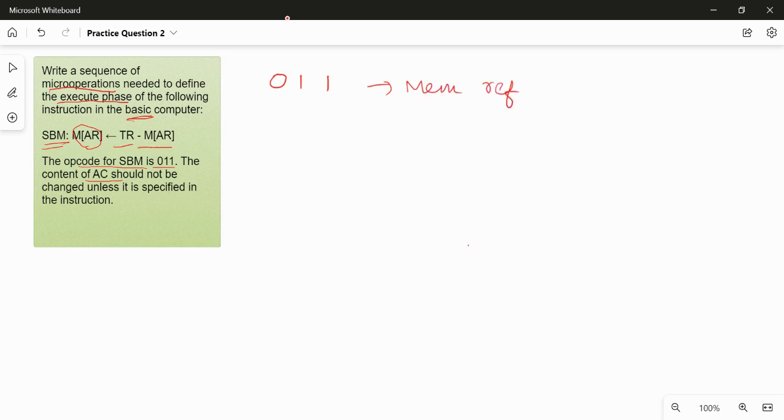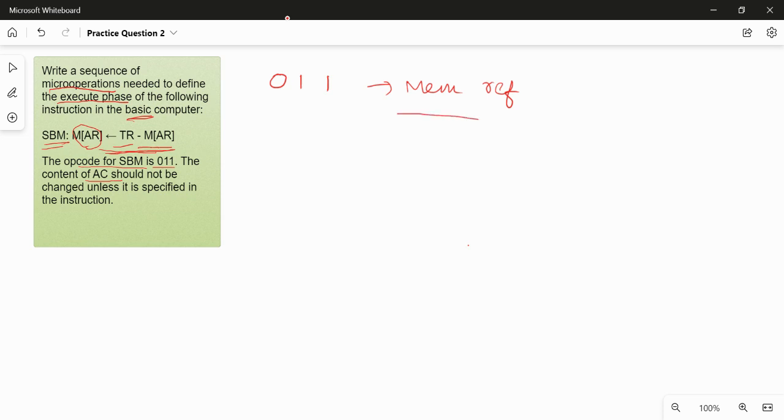For register reference or IO, the opcode must be 111. As it is not 111, it must be an opcode of a memory reference instruction. If you do not use this logic, then also it is possible to identify the type of the instruction. This is the actual operation to be performed. So as a memory word is involved in the execution of the given task, it must be a memory reference